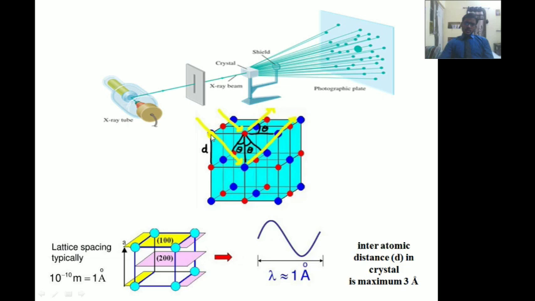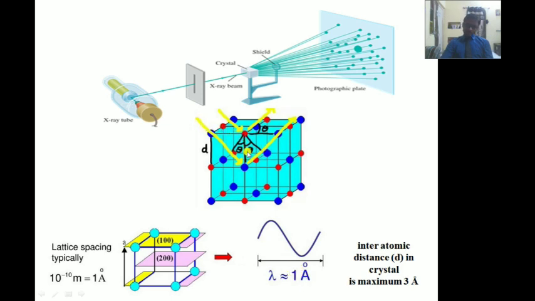because, like the optical grating, a crystal also has periodicity. Atoms are regularly arranged in three dimensions, just as the lines are periodically arranged in a grating. But there is one thing you have to keep in mind: the interatomic distance, the distance between atom and atom, is in the range of angstrom units. So if it is in the range of angstrom units, that means there is a wavelength which is also in the range of angstrom units,